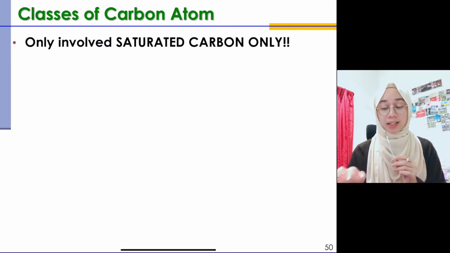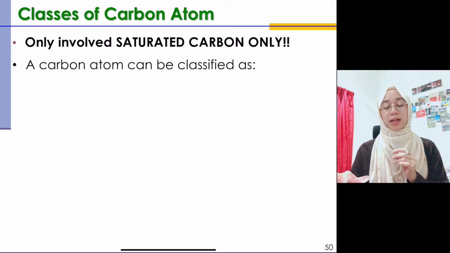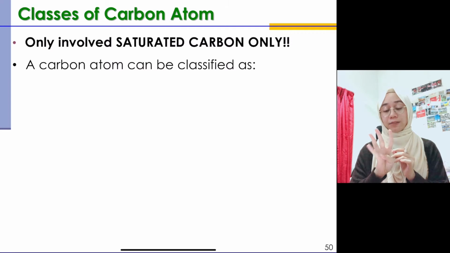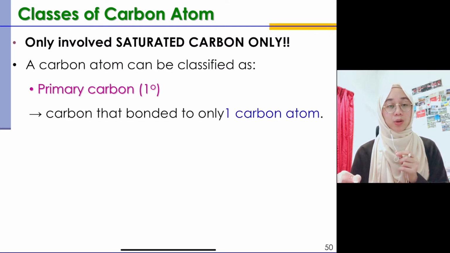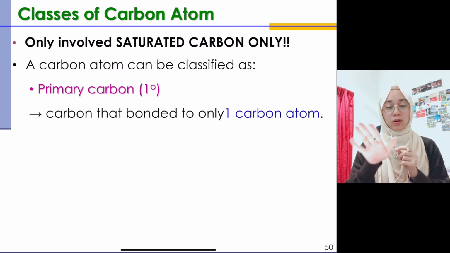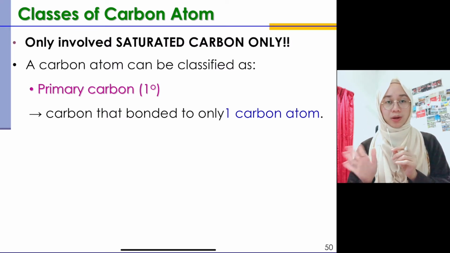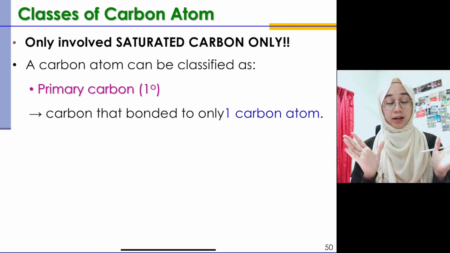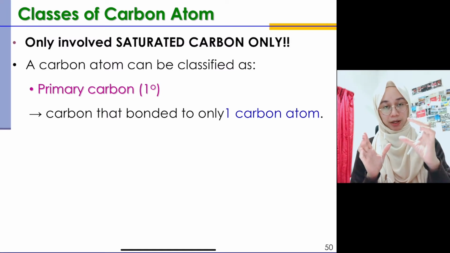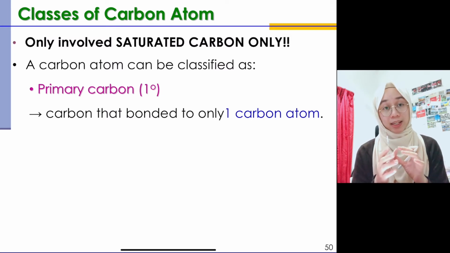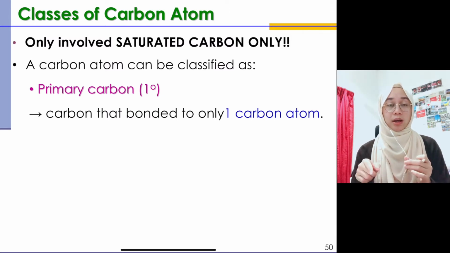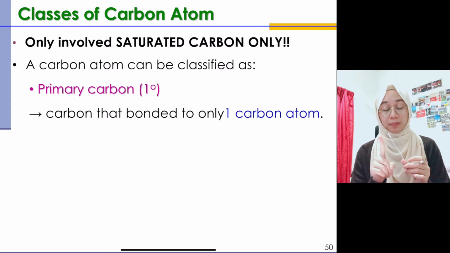and that is what we call as the saturated carbon lah, where the carbon involve 4 single bonds. Okay, so a carbon atom can be classified as, so ada 4 classification dia. So the first one is what we call as the primary carbon. Okay, so primary carbon is a carbon that bonded to only one carbon atom. So dalam sesuatu organic compound ada banyak carbon, kan? Okay, tapi kamu fokus dengan carbon yang kamu nak classify tu, and then tengok sekeliling dia ada berapa banyak carbon yang attached dengan dia. So in the case of this one, if it is bonded to only one carbon atom, okay, therefore that particular carbon adalah